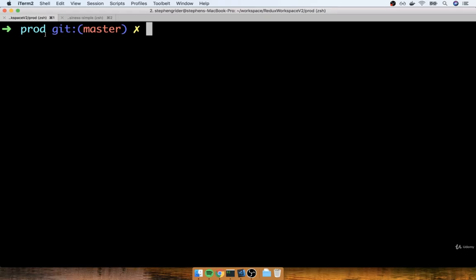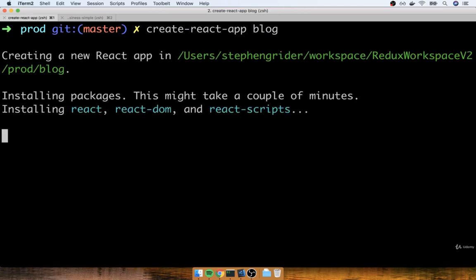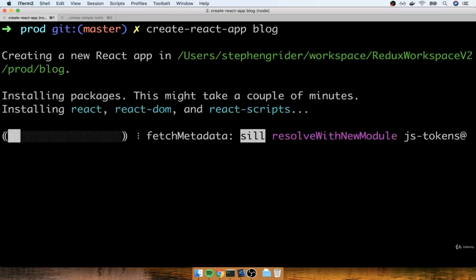All right, so you'll notice that I've already changed back to my workspace directory of sorts right here. So inside this folder, I'm going to create React app, and we're going to call this application not business. Originally, I'd wanted this to be a business-themed application, but instead it's really a list of blog posts. So let's just call it blog, like so. All right, so that's going to fetch a couple dependencies for us. Let's take a pause right here. When we come back in the next section, we're going to start working on our application.